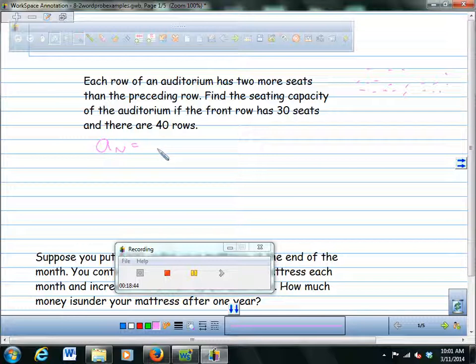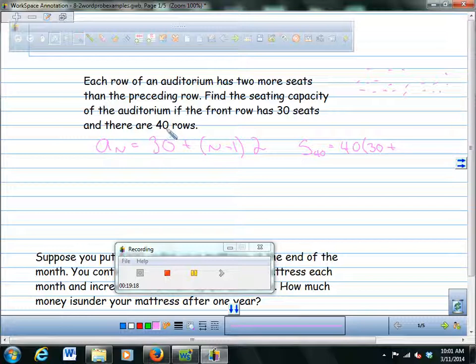So the first row has 30 seats plus n minus 1 times 2. If there are 40 rows, the sum of the 40 rows is equal to the number of rows, 40, times the first row, which is 30, plus the